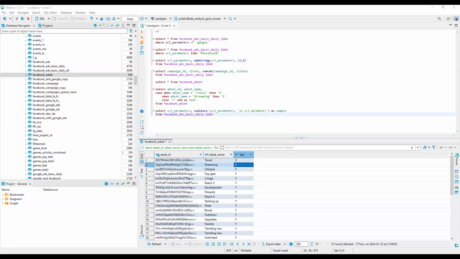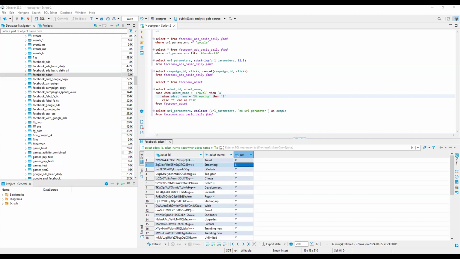Okay, Cherry, just to add on to what teacher Christine said: yes, you can use as many case functions within your script, but you have to keep in mind, guys, this is a relatively small data set, 37 rows, because it's just the ad set ID and the ad set name, right? But let's say you're working with